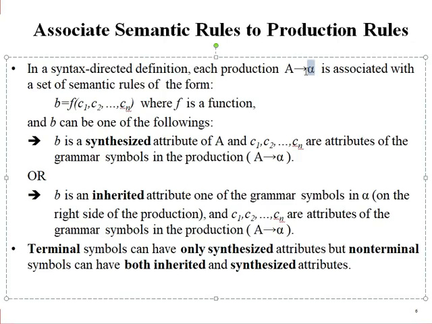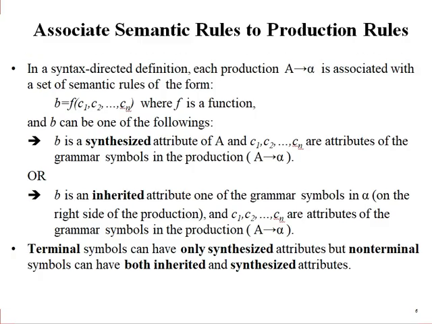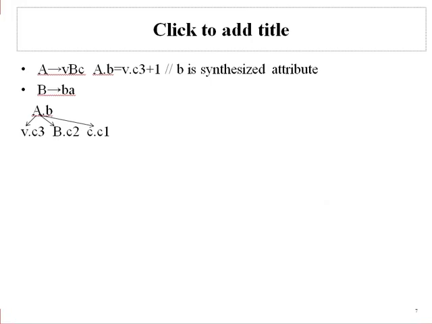So if the attribute B is attached to grammar symbols in alpha, and the attributes C1 and C2 up to Cn are attributes of the grammar symbols in the production rule A derives alpha, then we can say the attribute B is an inherited attribute. Why? Because we can consider the previous example, like that means if, for example,